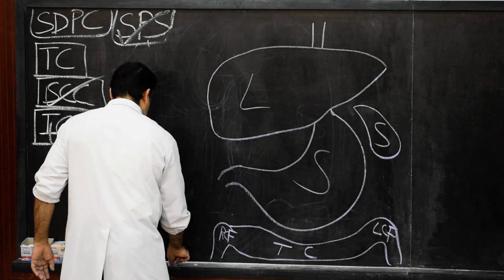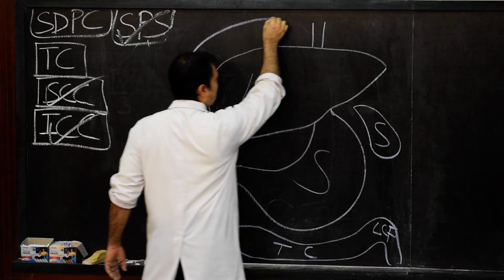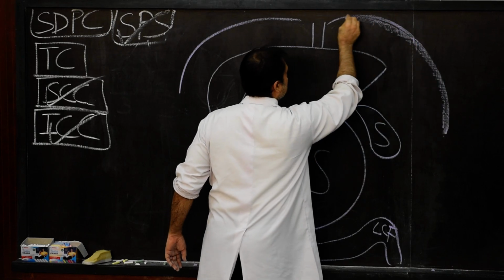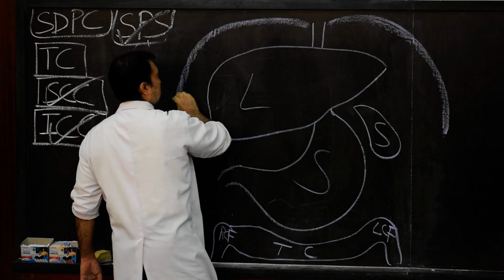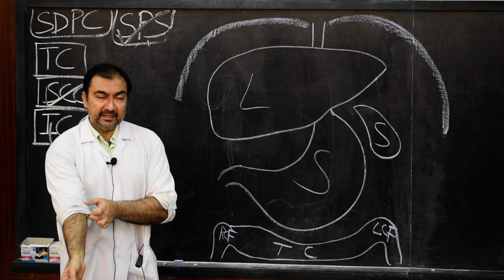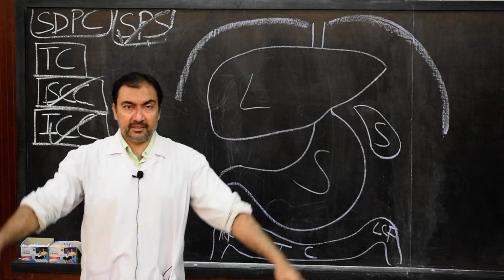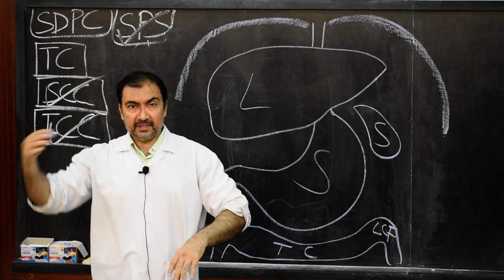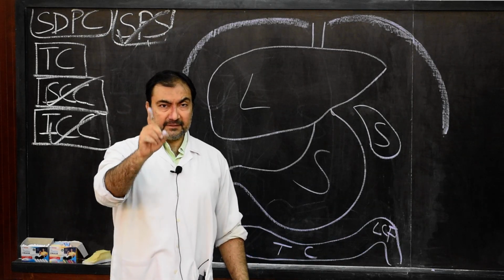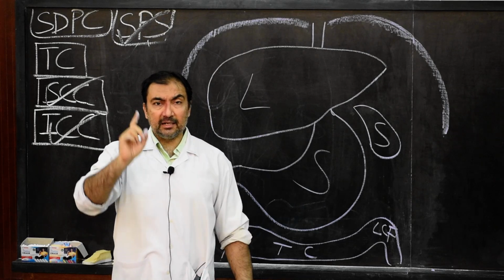Now we shall show the diaphragm, and this diaphragm we are going to show in this way. This will be the entire diaphragm. Now to understand subphrenic spaces: as we understand, there are 3 recesses on the right side and 3 on the left side. The first recess or the first subdivision of the subphrenic spaces is the right